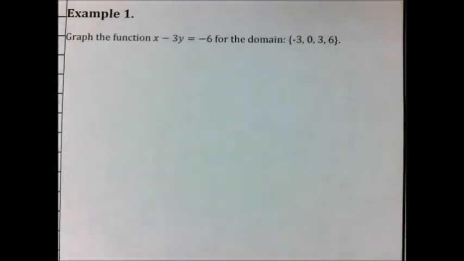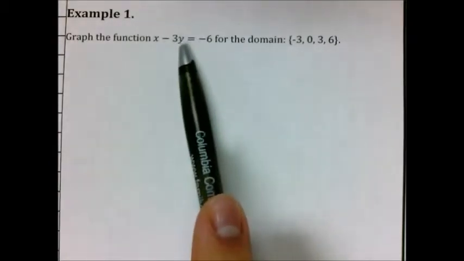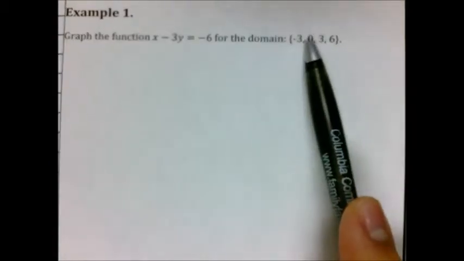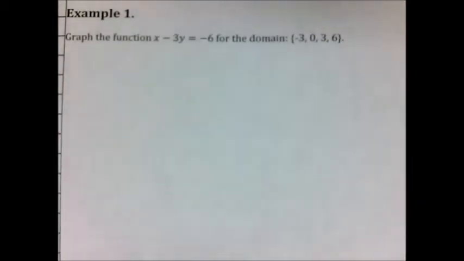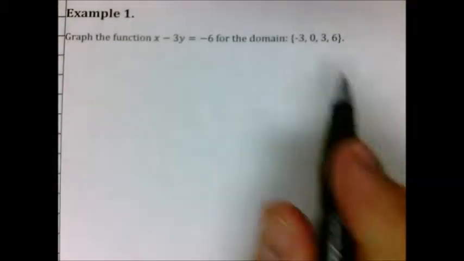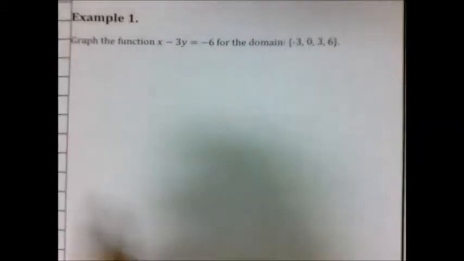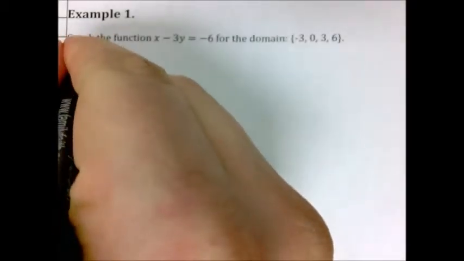Okay, example 1 asks us to graph the function x minus 3y equals negative 6 for the domain negative 3, 0, 3, and 6. So what that means is we need to find out what is the value of y for all of these x domains. Okay, so let's do that first. Let's evaluate all those when x is negative 3, 0, 3, and 6. So we're going to have x,